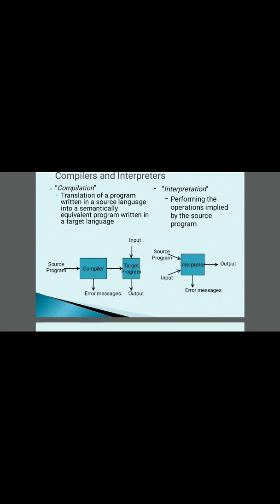This is compilation, but interpretation is not like that. It performs the operations implied by the source program. Please understand the diagram here. For an interpreter, you give a source program, and as and when, you also supply the inputs. Here the source program and input must be given to an interpreter in the initial stage itself. Then, suppose it has read one data, and when it is processing the next thing, if there is an error, it produces an error. Line by line execution takes place in the case of an interpreter.